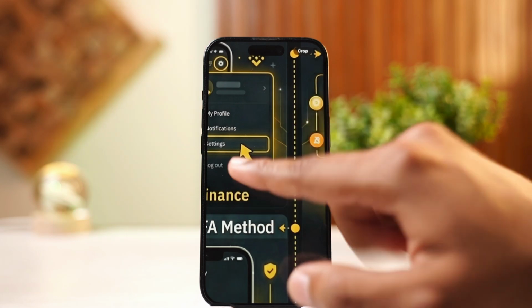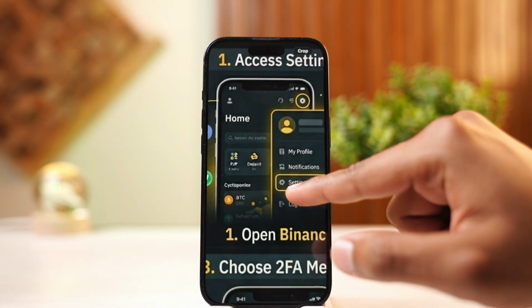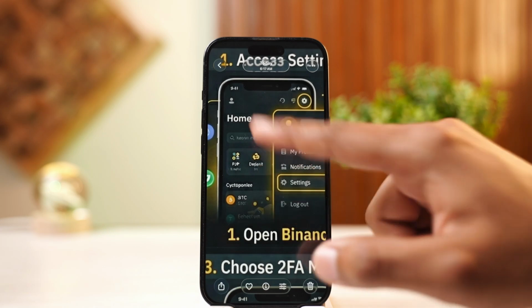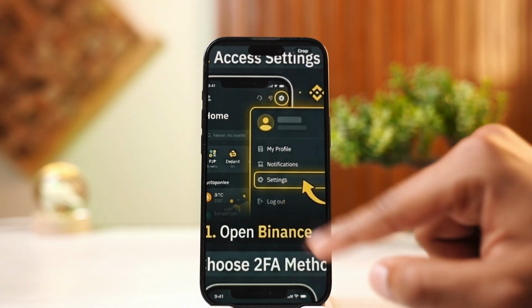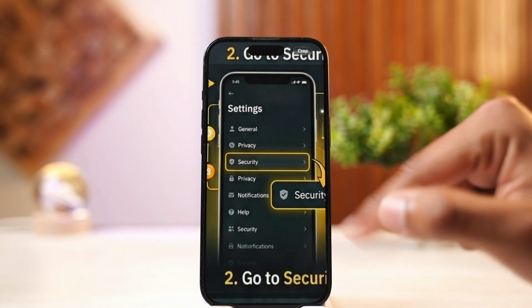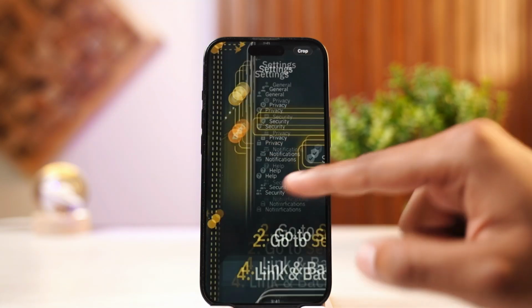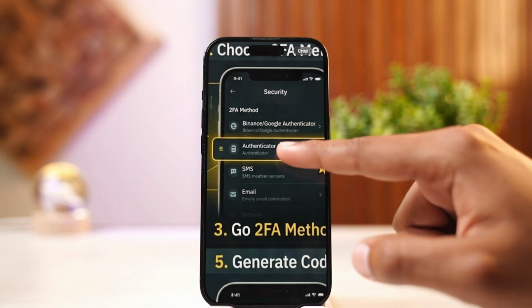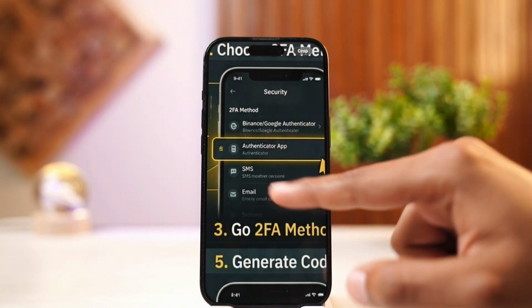The first thing you want to do is simply go ahead and open your Binance application and tap on your settings on the top right. Or you could also simply tap on profile and then click on the settings tab. As you can see, then you're going to be taken to this menu where you want to simply go ahead and select security. And finally, once you've done that, you can add your 2FA method like Binance, Google Authenticator, SMS,